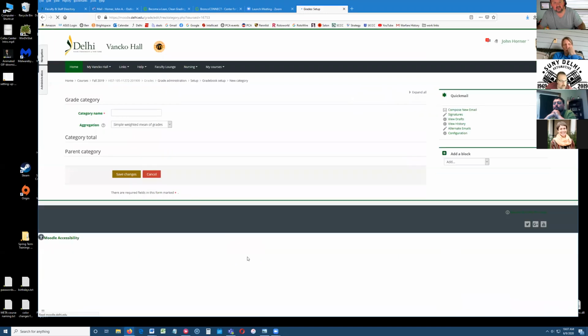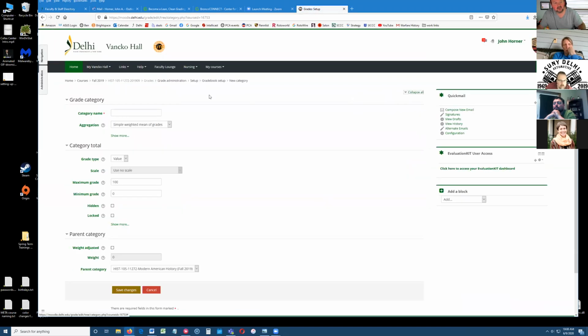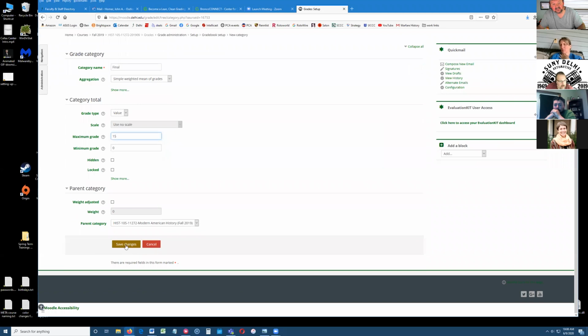And it's very simple. I'm going to expand all. I'm going to give it a name. I'm just going to call it final exam. I'm not going to touch any of this stuff yet, except I care about the maximum grade because I said in my syllabus that the final exam is worth 15 points, 15 percentage points, excuse me, it's the percentage. So maximum grade here means how much I want it to be in the class. I save the changes,